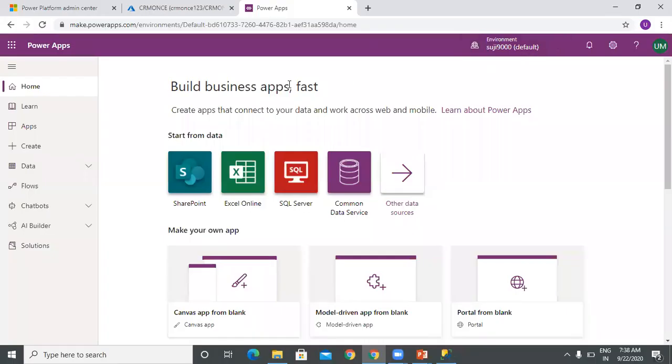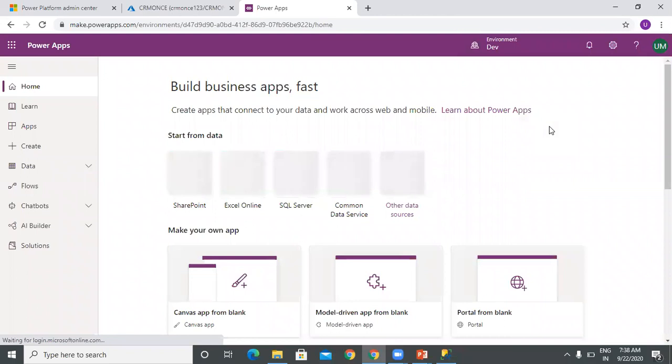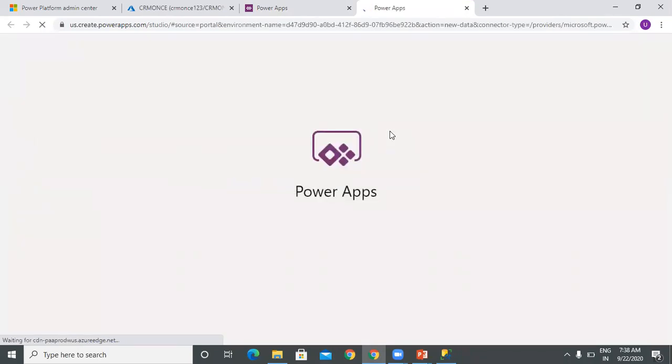Once we log into Power Apps, let me go to my environment. Now what we can do directly is, we have the SQL Server as a source. If you select the SQL Server, from there you can directly create an app, and it will automatically generate that app.